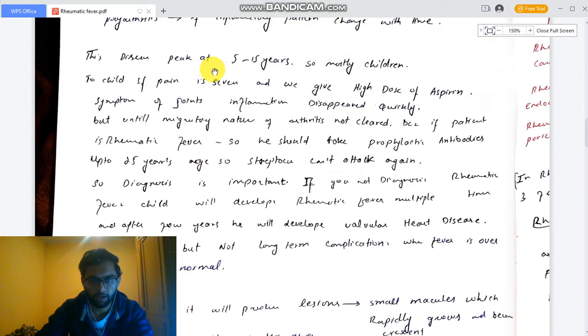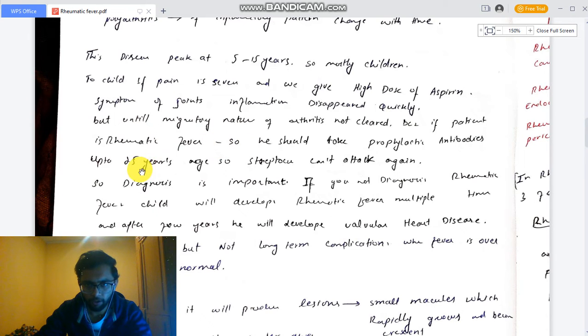This disease peaks at 5 to 15 years, so mostly children are affected. In a child, if pain is severe and we give a high dose of aspirin, the symptoms of joint inflammation disappear quickly. But until the migratory nature of the arthritis is cleared, because if the patient has rheumatic fever, he should take prophylactic